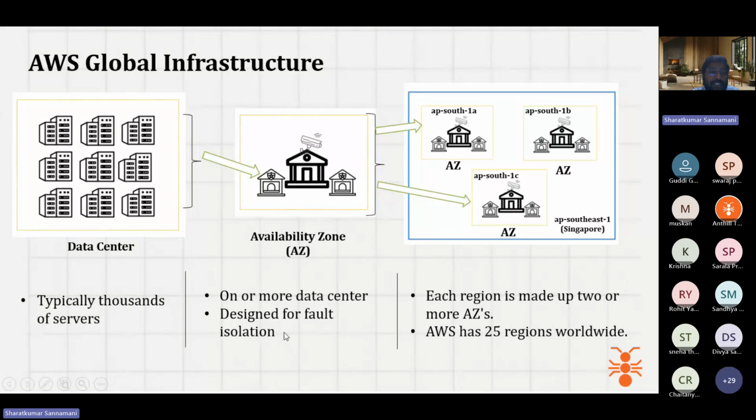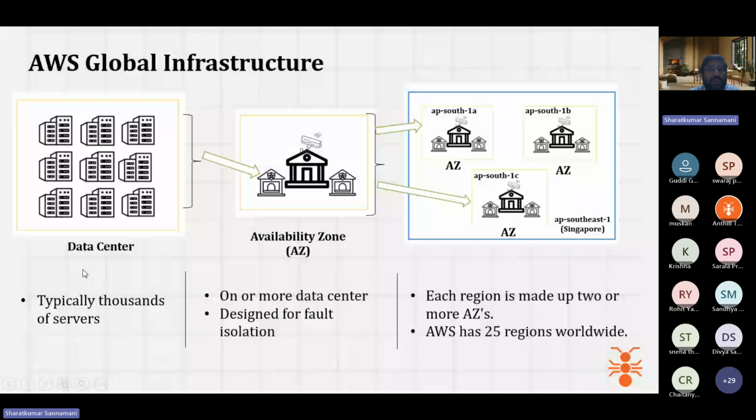What is fault tolerance? Just now I have given the example. Let's say Amazon.com having a grocery application and the electronics application. If one application or one chunk of the application goes down, still your application is up and running. Why is it? Because that application is distributed across different data centers.